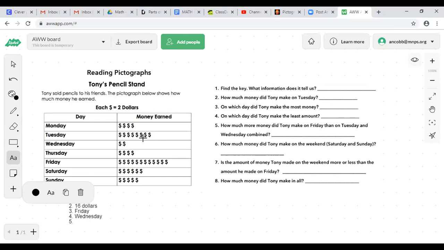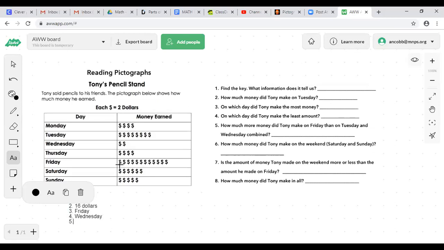So I'm just going to skip count by twos Tuesday and Wednesday. So we have 2, 4, 6, 8, 10, 12, 14, 16, 18, 20. So he made $20 on those 2 days, but we have to remember on Friday,